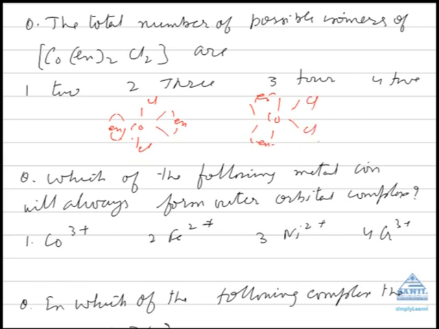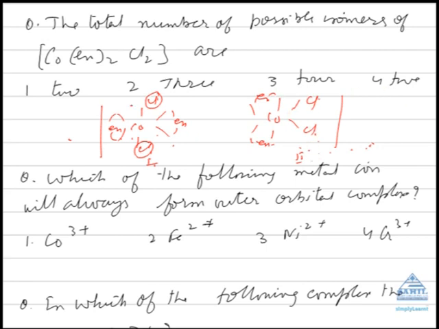If we see structure number 1, its mirror image will be superimposable. But in the case of the second, the mirror image will not be superimposable. So the second can show optical isomerism, the first cannot. Now if we see chlorine, the chlorines are at maximum distance apart in the first case, so it is trans. Whereas in the second case they are near to each other, it is cis.